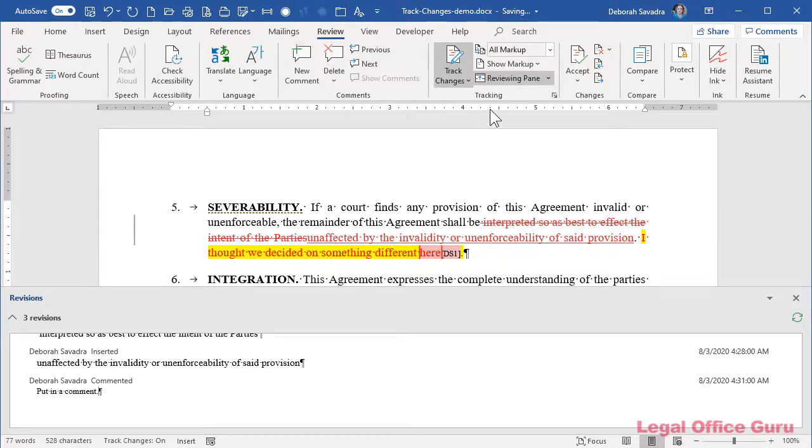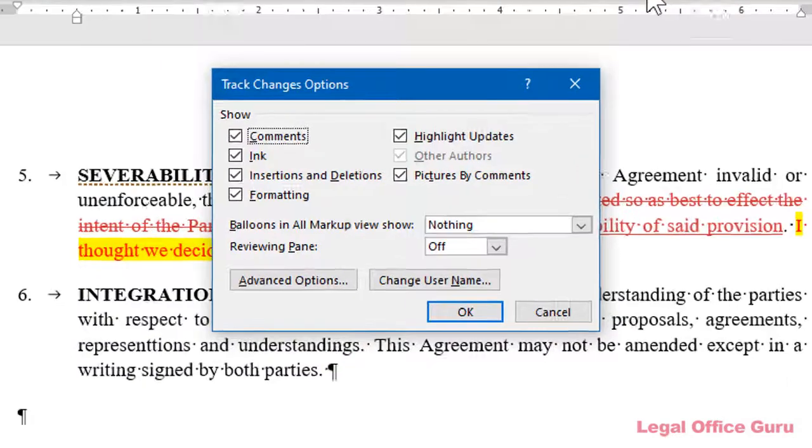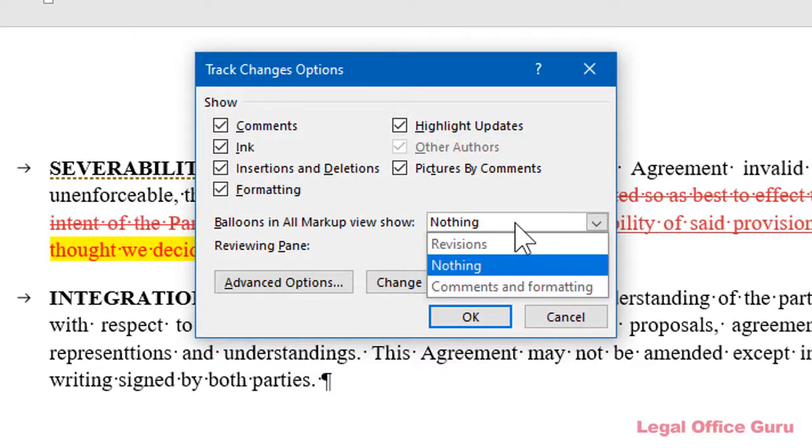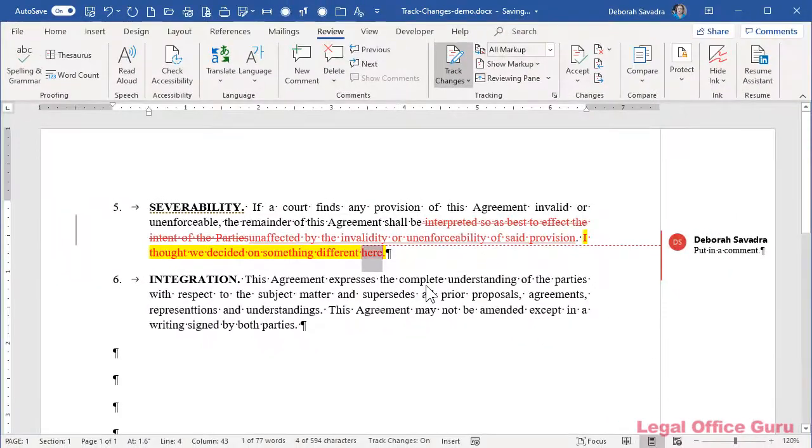Now in here, this actually put this in the reviewing pane. You can also display them in a balloon over to the right. So I guess there's a pro there where you don't have to really deal with how to show or hide